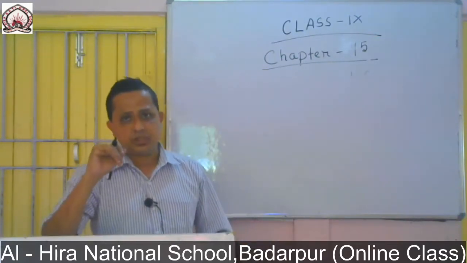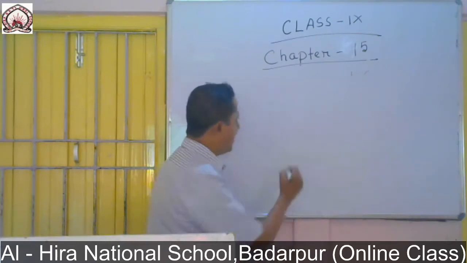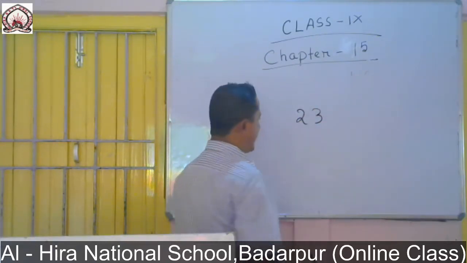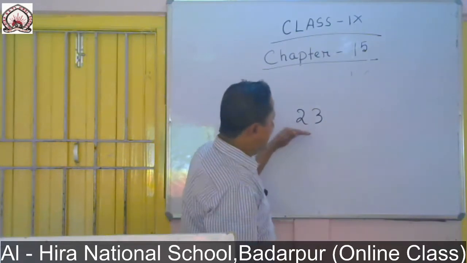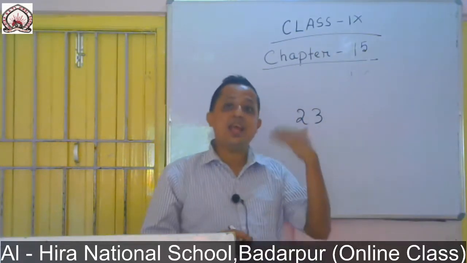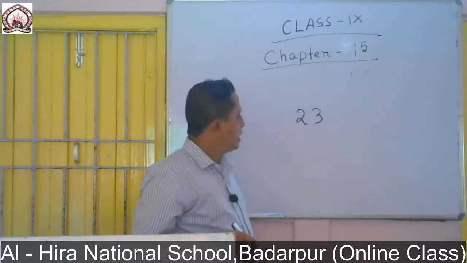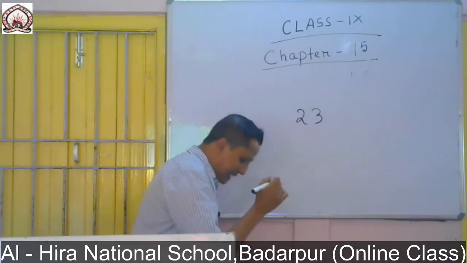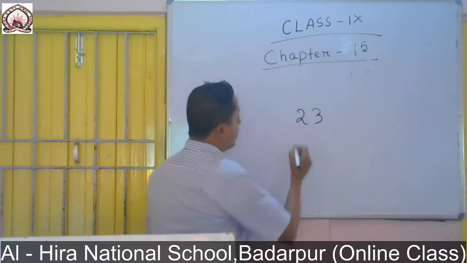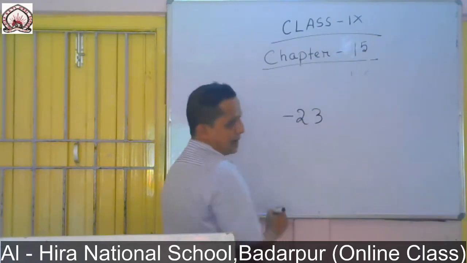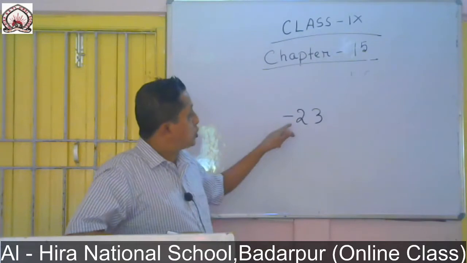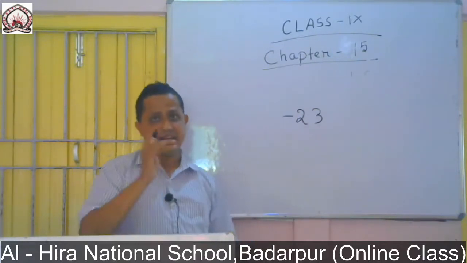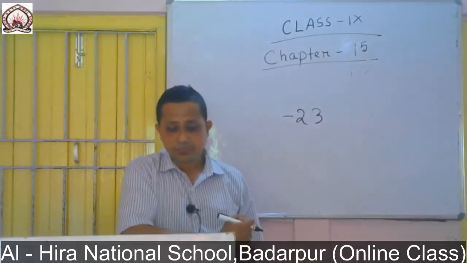In case of positive, suppose I say 23, 23 is an integer constant. Now by seeing 23, we can understand that 23 means plus 23. So giving positive plus 23 is not mandatory. But if it is a negative number, we must give the minus sign. Why? So that it understands this is negative. So minus is mandatory. In case of negative, we must give minus.